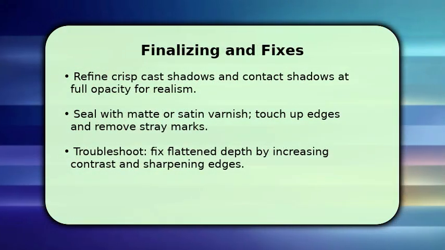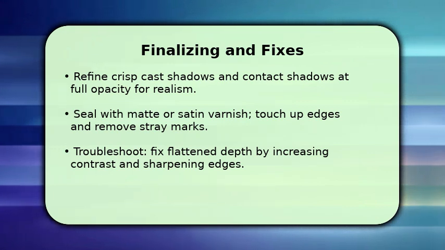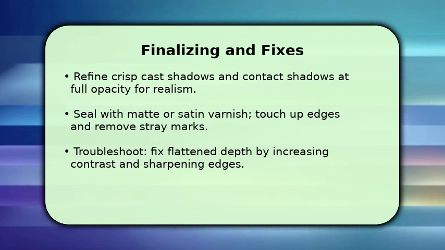Finish by sharpening cast shadows and adding small high-contrast accents where light hits edges. This sells the pop-out effect. Clean up hard edges with a small detail brush and deepen contact shadows under objects so they sit on the wall. When fully dry, apply a clear varnish suited to the finish you want, matte for subtlety, satin for slight